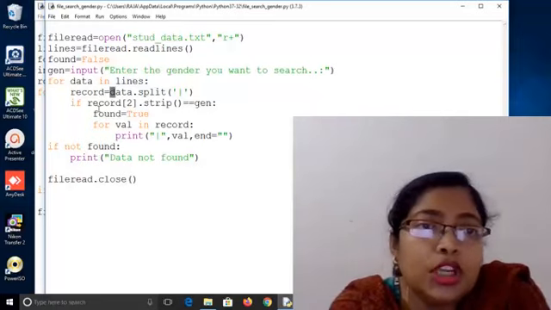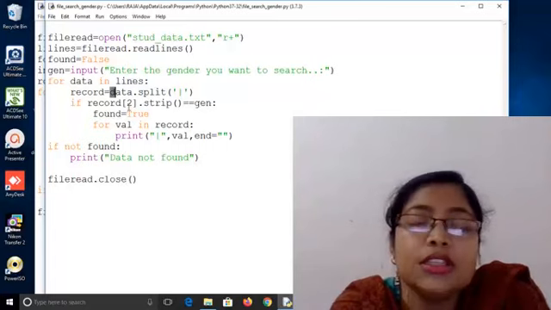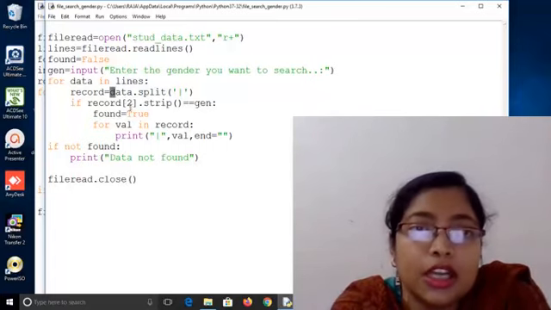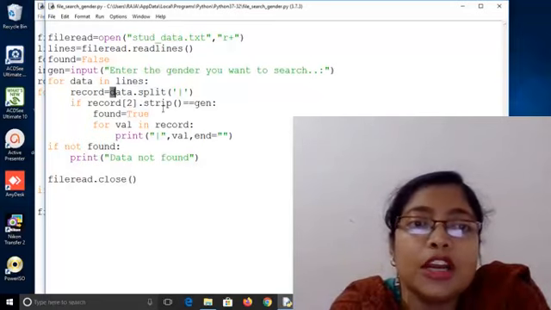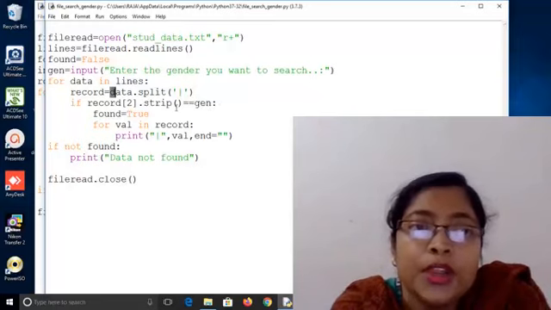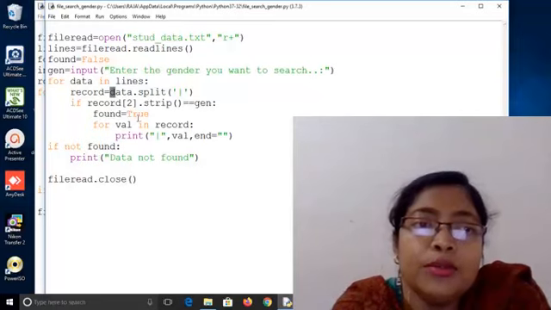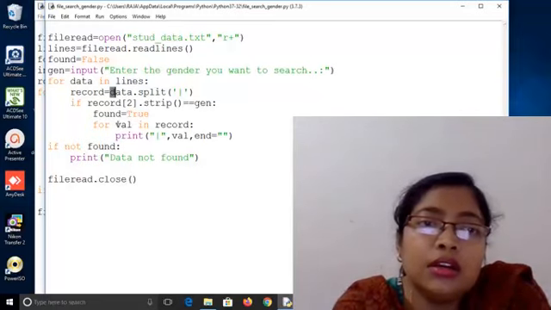So record 2, that means the third part, that means the second index, is containing the gender. Dot strip, that means I am removing any white spaces if added. So if record 2 dot strip is equal to the gender, male or female, that I have inputted, then found is equal to true, and then I am printing the record.